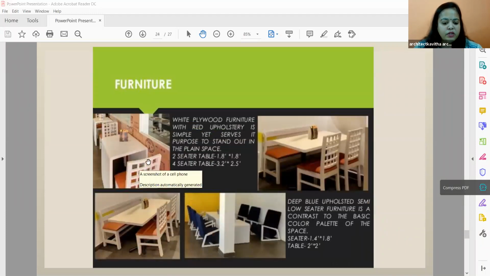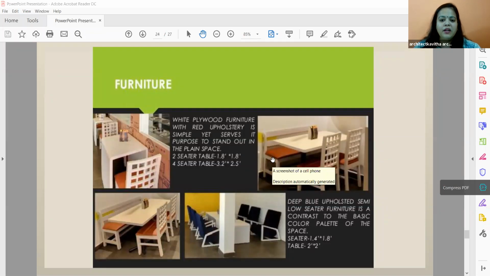So single chairs you saw. See, these are single chairs. So these are the benches that they have. So it's mostly white and blue more. So white normally gives a very nice feeling when you're going into a restaurant. So these kinds of subtle colors give you a nice environment when you're sitting there and having your food. So you can see here. So these are the furnitures.